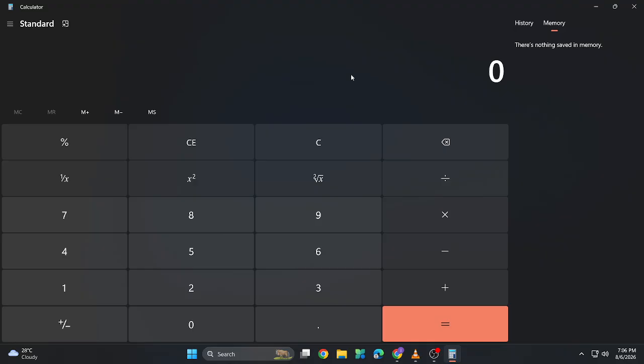Whether you're calculating expenses, checking percentages, or solving everyday math problems, standard mode provides a simple and reliable tool for